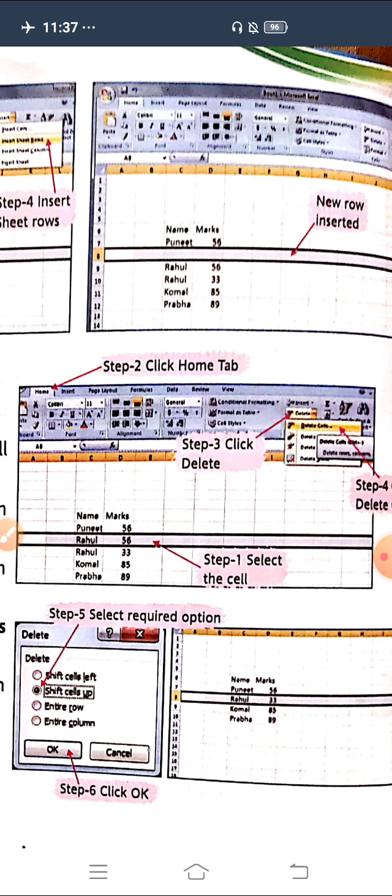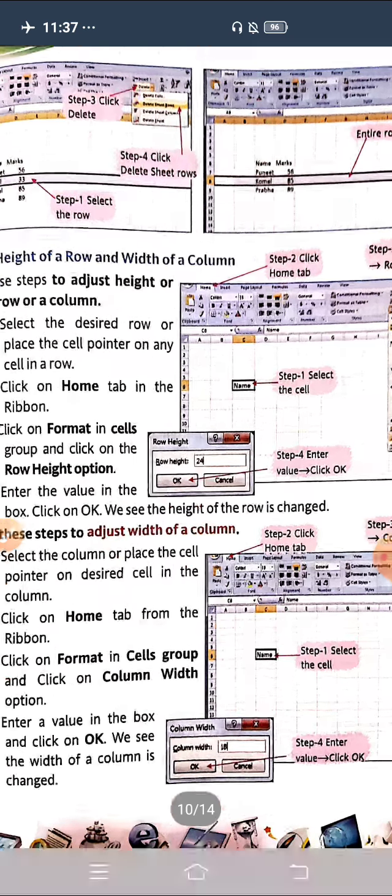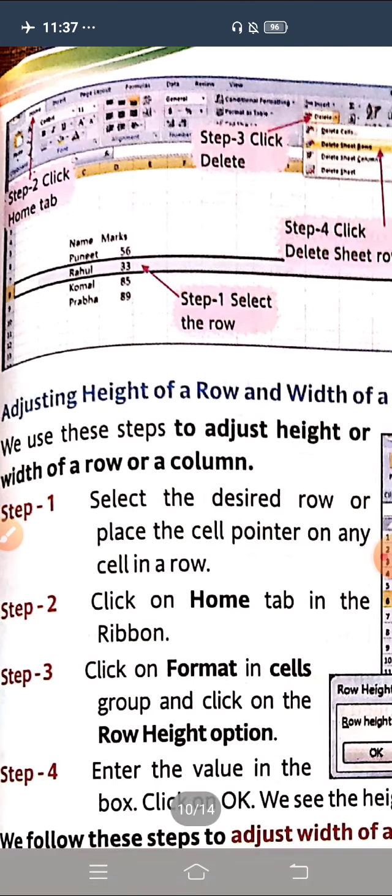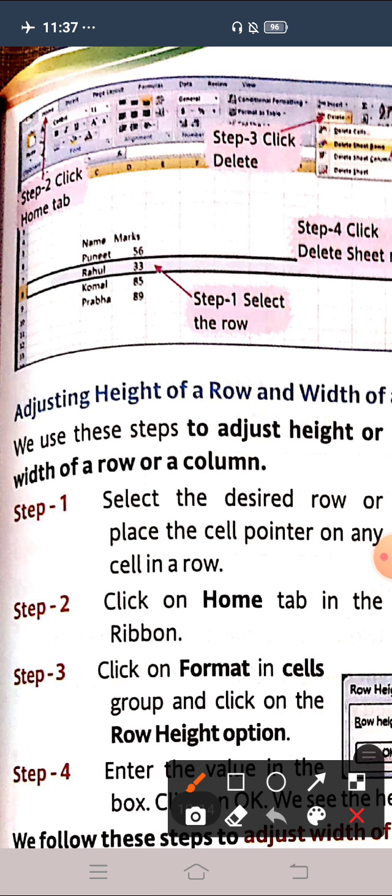Next is how to delete row or column. How to delete the particular row. Now see here on the screen. Suppose I want to delete this row. I don't want the data of Rahul. By mistake I wrote. So I will select the cells.